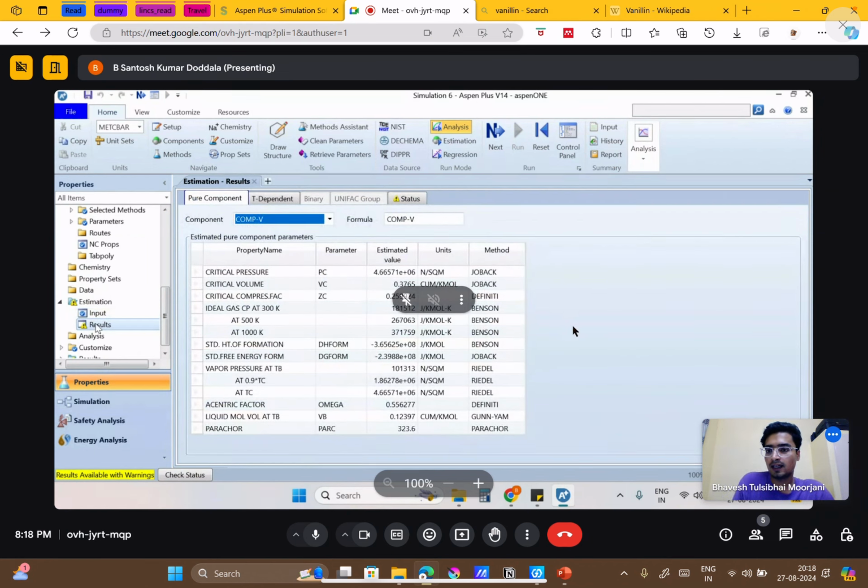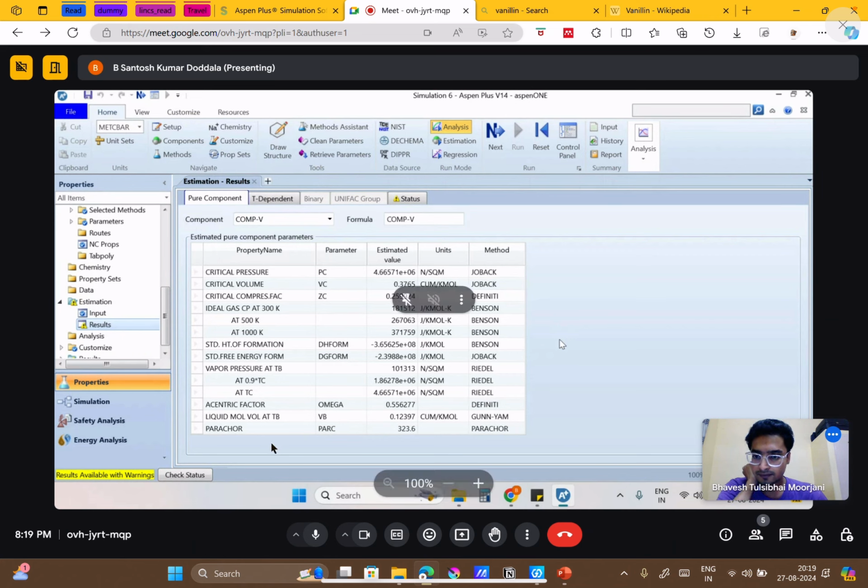Now you can see there are multiple values. Previously there were only a few, because the structure data was incomplete, and because of that the group contribution method was not able to assign the data. But right now we have PC, critical pressure, critical volume, critical compressibility factor, then the heat capacity at 300 Kelvin, 500 Kelvin.